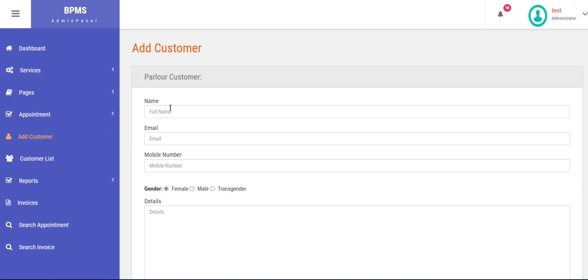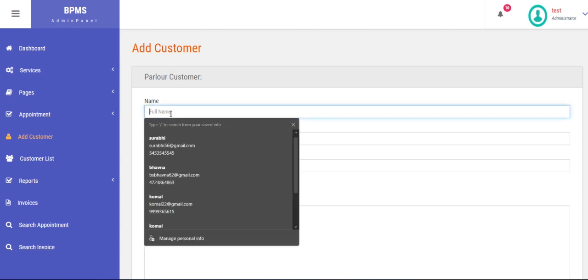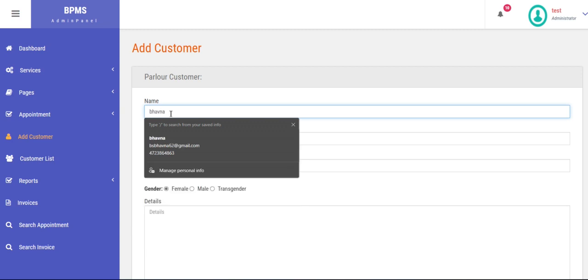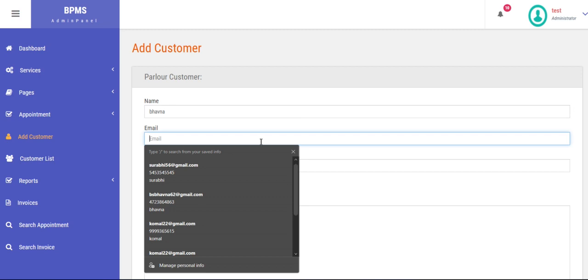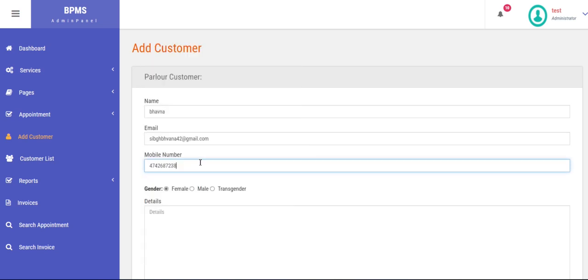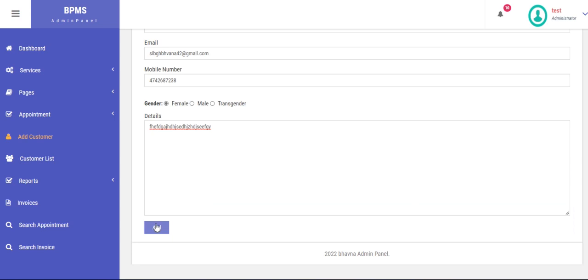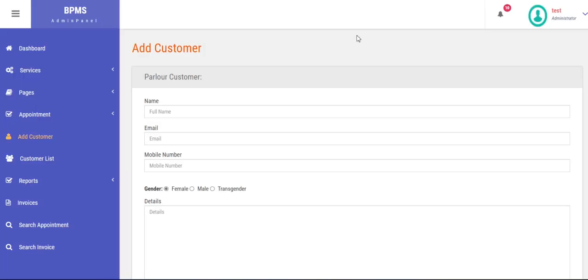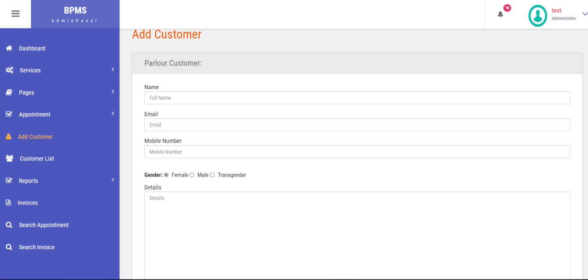So here is add customer. This page is also connected to the database. Here I am adding a new customer, email ID, customer phone number and customer gender. Then, just for demonstration, I am adding a description, and here I am clicking add. The page is redirected, this detail is stored in the database, and it says the customer has been added. This is a fully functional project.